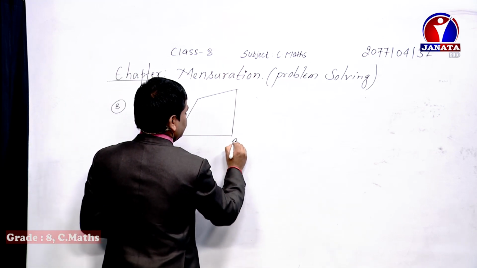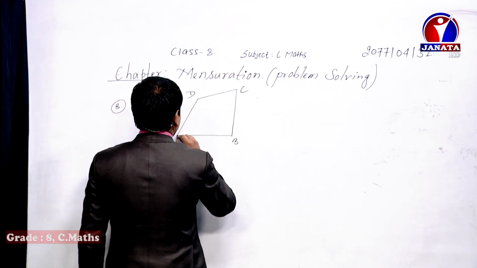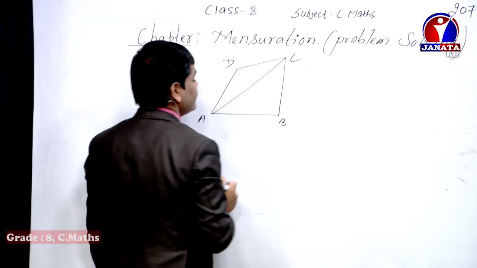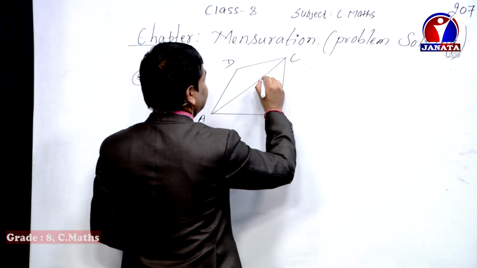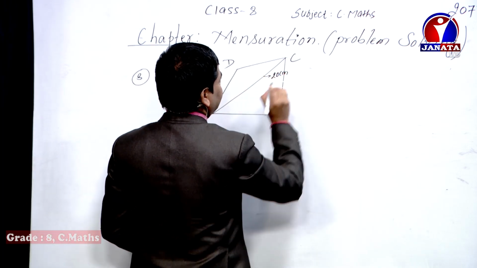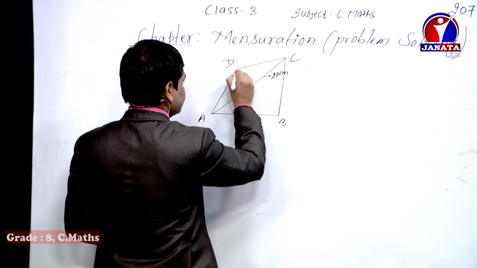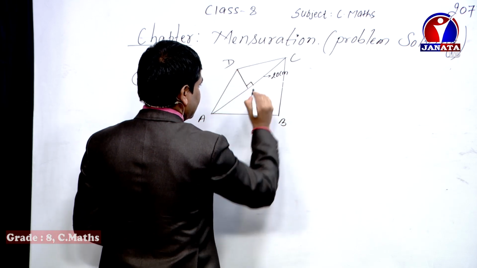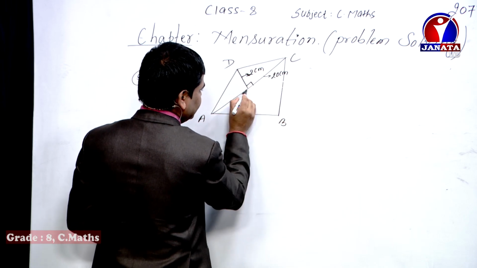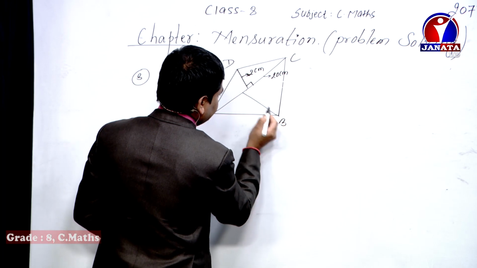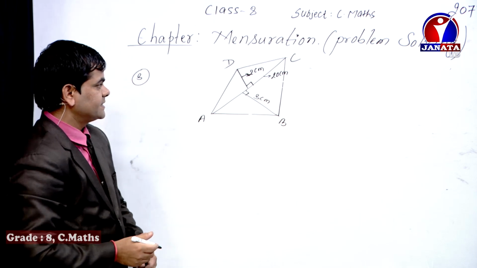But we can see what question will be given in the examination. For example, ABCD is a quadrilateral. The diagonal AC is given, either AC or BD will be given to you, and the length of this AC is given as 20 centimeter. Then the height or the perpendicular lines which come to the diagonal are given, to this one as 2 centimeter, and to this side also will be given to you in this way. Here will be 90 degree, and the length of this second perpendicular line is given as 3 centimeter.